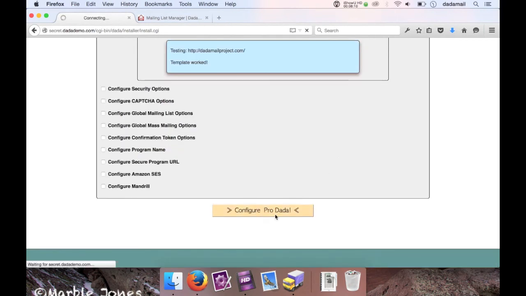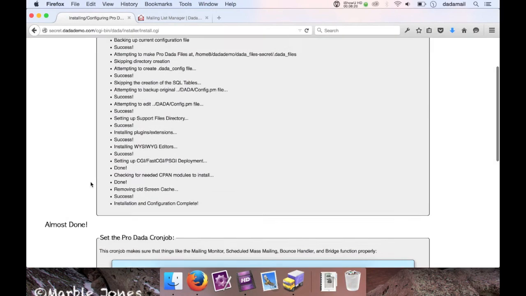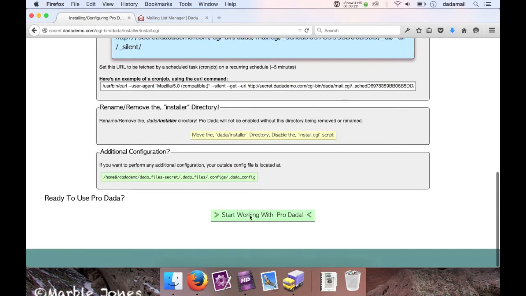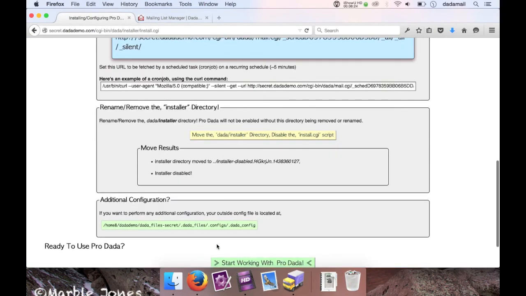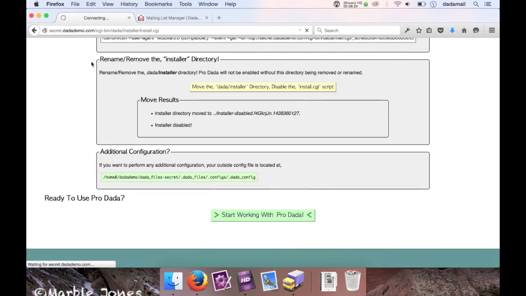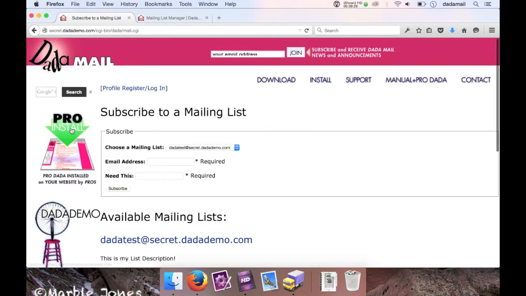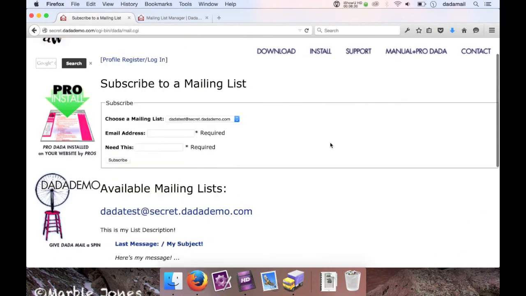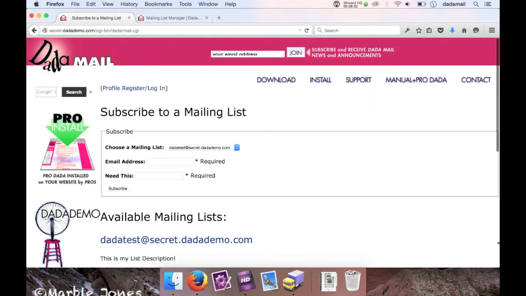Let's configure my Pro Dada. Oh, that looks like a lot of work. Sweet, and remove the installer and start working with my Dada Mail. Let's see how my Dada Mail looks now. Here it is. That's pretty sweet. I've just created a magic user template for my Dada Mail,